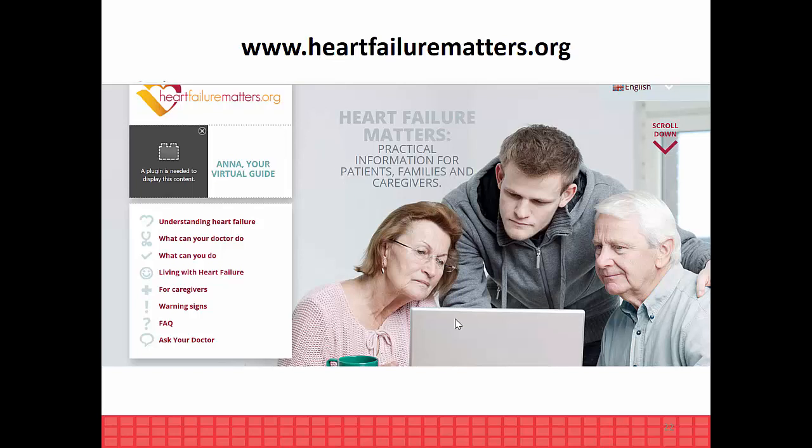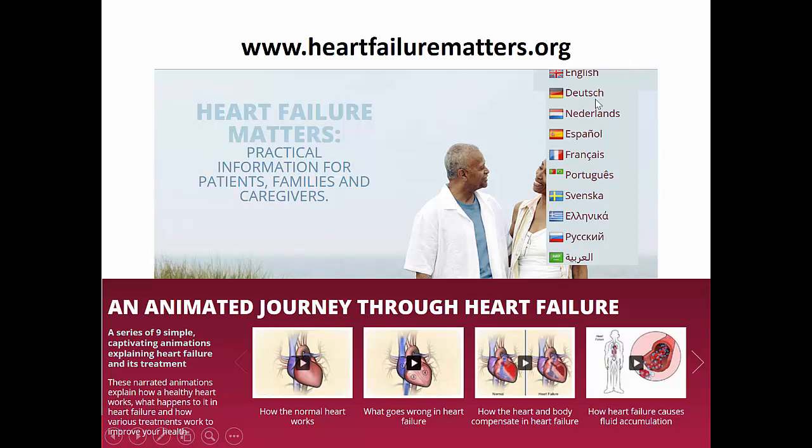I wanted to point out this website actually as far as ongoing learning. This is a website that was developed in Europe. It's actually a very user-friendly website, and it's just Heart Failure Matters, one large word. And as you can see on here, there are different topics that are available that they can click on. The other thing that I want to point out is this section here where it says English, and then there's a little arrow there. And if you press on that arrow, you will see that there's a number of languages that come up. And if you just click on the language that you want, it converts the whole website to